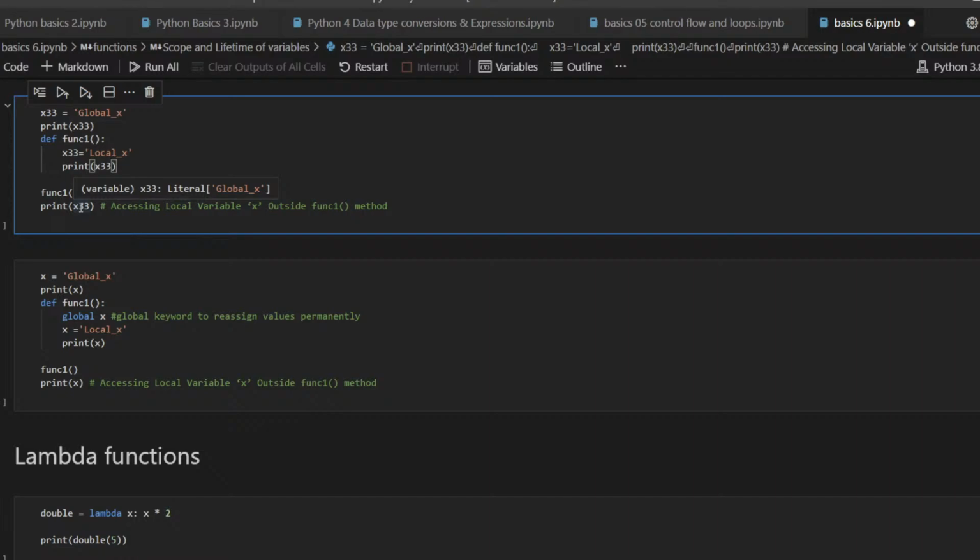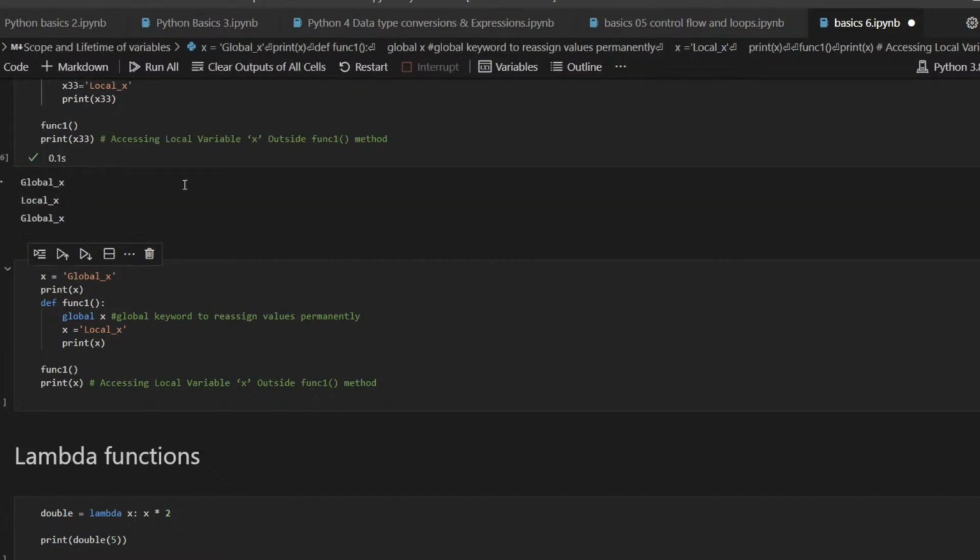Here it's going to look for a definition of x somewhere else. So it's probably going to look here and then figure out, oh, here it was. So let's run this. So you can see that